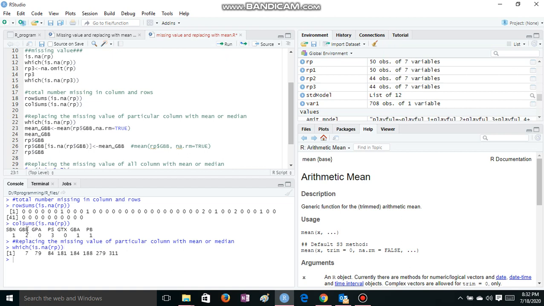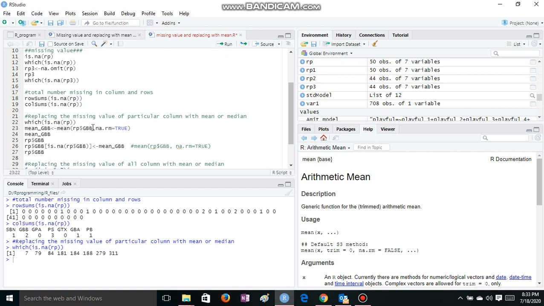As we have seen, we have a variable GBB. So for that GBB mean, after removing the NA, only the numerical data points would be included to calculate the mean. So here we have a function mean that will store the mean value of RP$GBB.